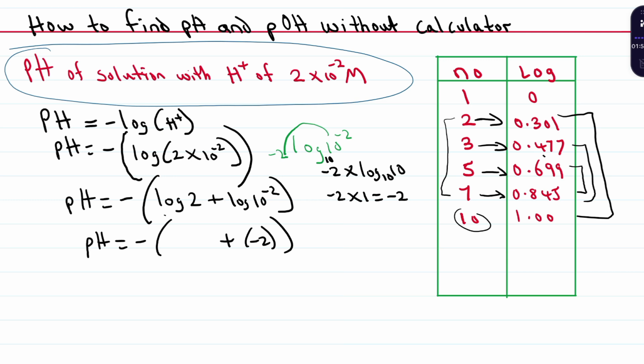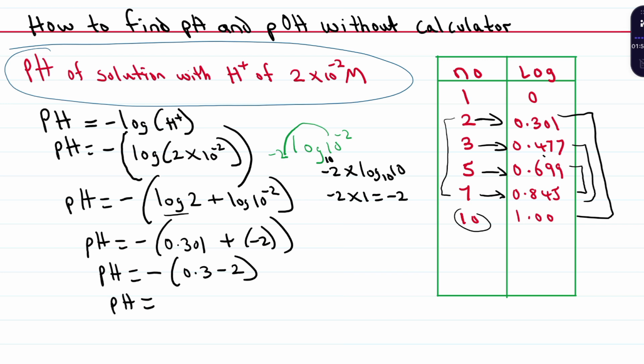So log of 2 here, log of 2 is 0.301. So we automatically write 0.301 here, 0.301 plus or minus 2. So we can easily approximate this to 0.3. Are you clear on that? So our pH will now be equals to minus, please don't mix this up, minus, now we have 0.3 plus or minus minus 2. That means our pH now will be equals to